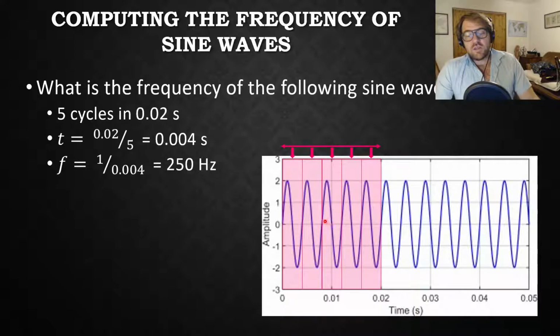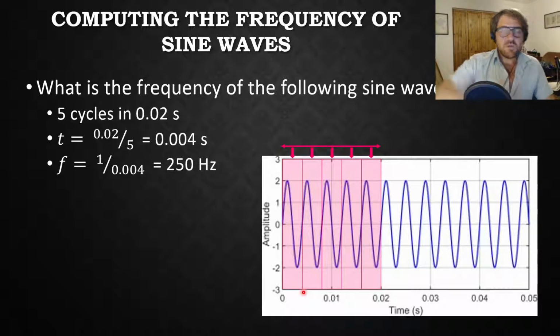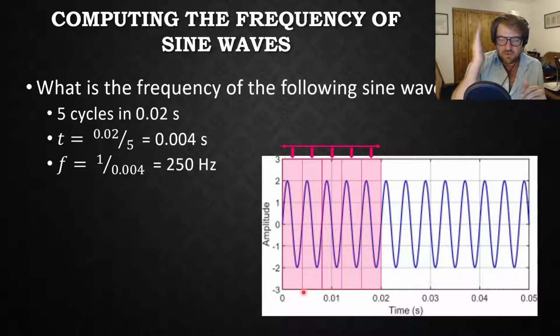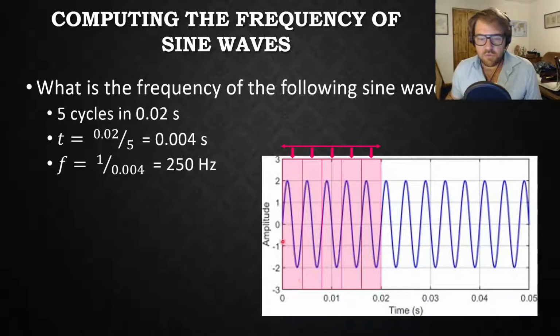But what I don't want you to do is eyeball this and say, well, here's 1 cycle, and that's roughly a third of this time, 0.01, so I'm just going to guess that it's 0.003. Don't do that. Go to the major grid line. Find where it actually repeats, where you've got a cycle ending coinciding with a major grid line. So we've got 1, 2, 3, and right there,